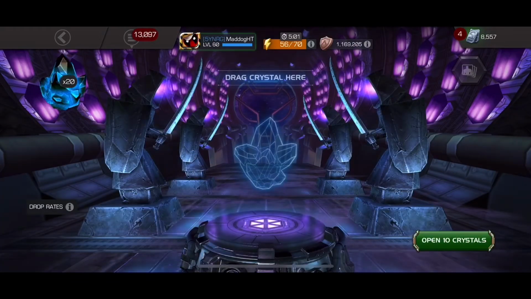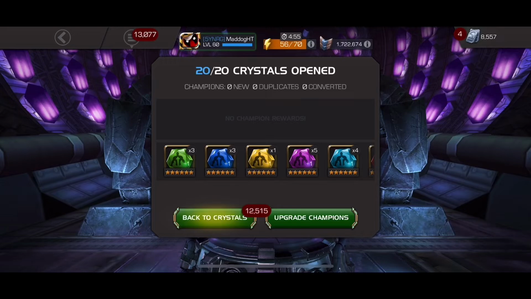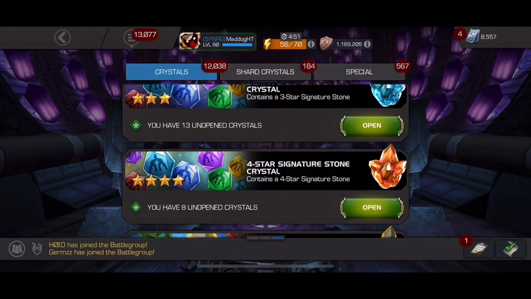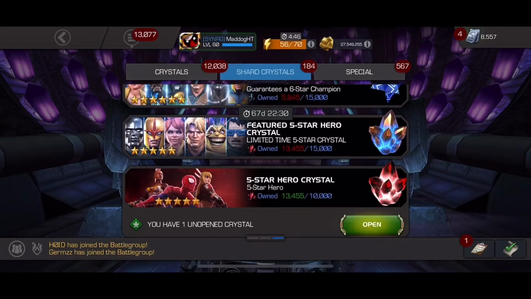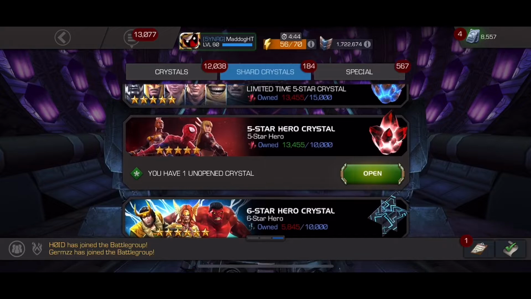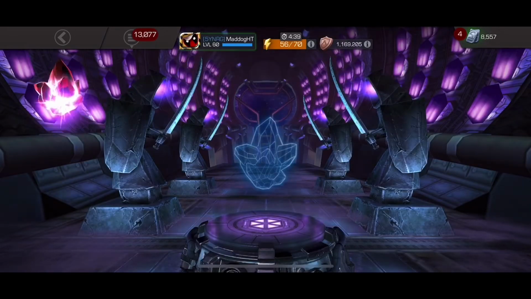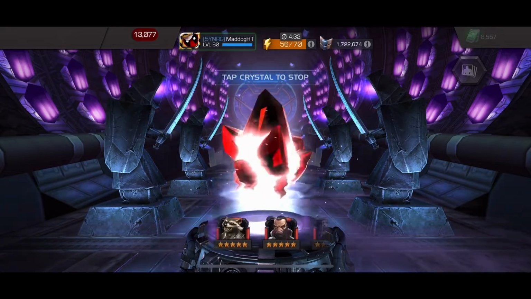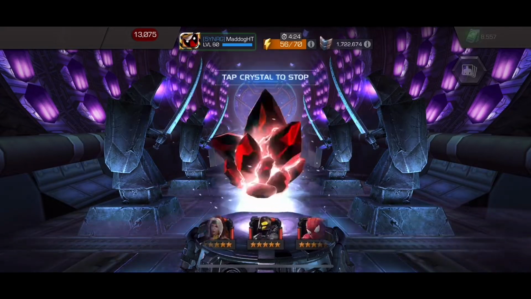I saw coming out of that first intro, I had just finished Abyss. I popped open the 6-star 6 stones, and then you get a 5-star basic crystal every time you complete a new path through the chest in Abyss. And so here's that crystal, and I spin it out, and I get a new champion, and